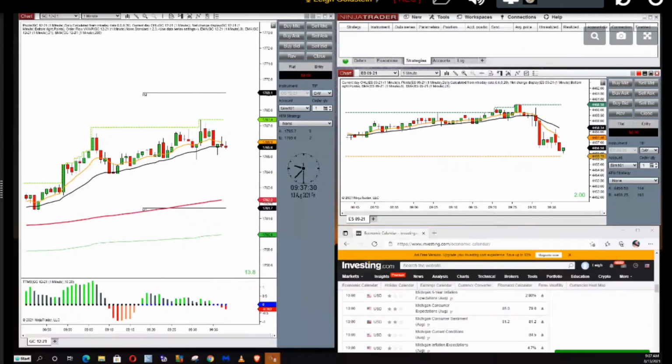So anyway, what's going on today? Today, a little bit unusual. We've got a report called the University of Michigan, the preliminary version. We've been looking at it in the trade room for years.